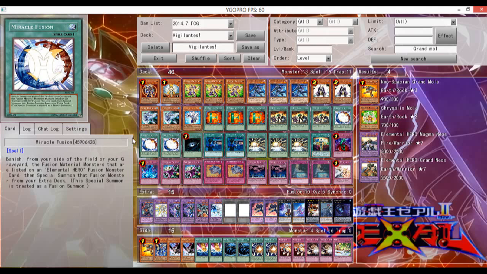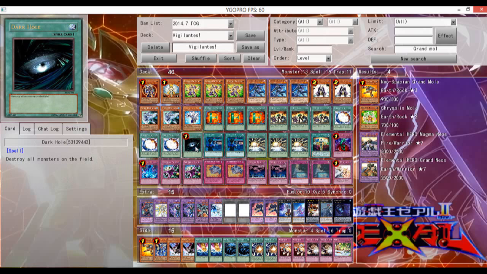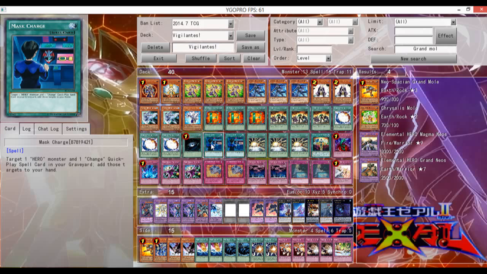Next up, we run three Miracle Fusion. It's Miracle Fusion. It's better than if you're using Polymerization, go shoot yourself. Super Polymerization's alright, but Miracle Fusion's where it's at. One Dark Hole, because, hey, field nuking. Two Mask Charge. Now, this is